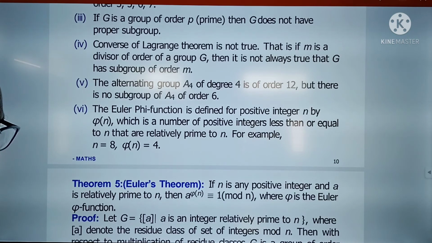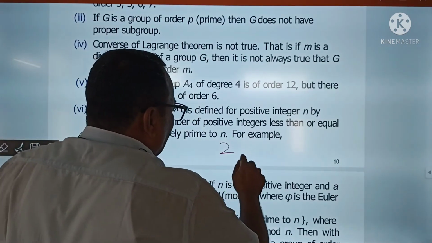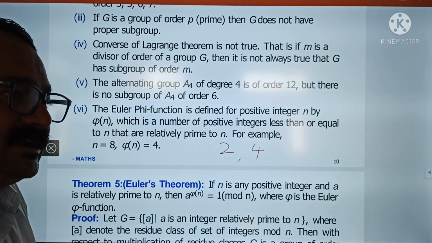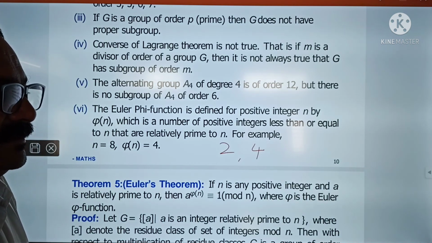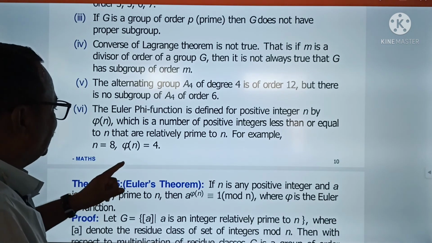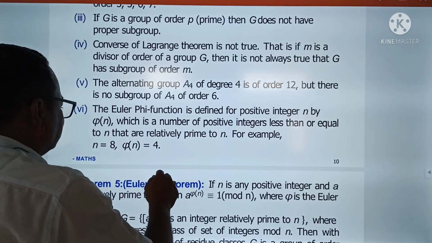What is meant by relatively prime is a very important concept. Relatively prime, not prime. Okay? Let us take an example, the numbers 2 and 4. These two are relatively prime. The greatest common divisor of these two. I want to clear this. That is, phi of n is equal to 4, how is it?